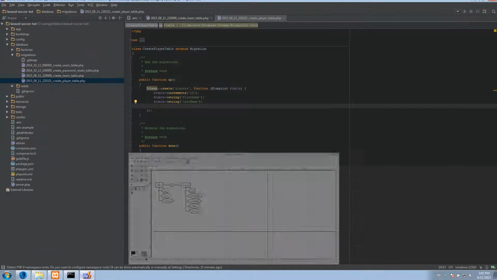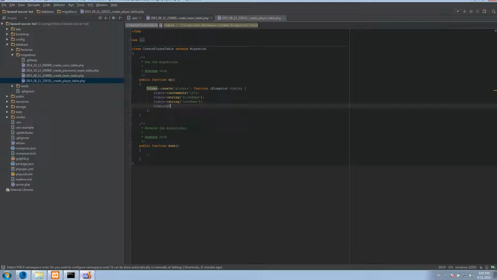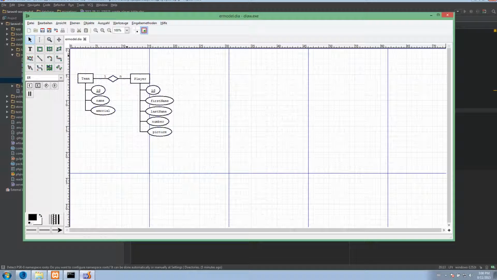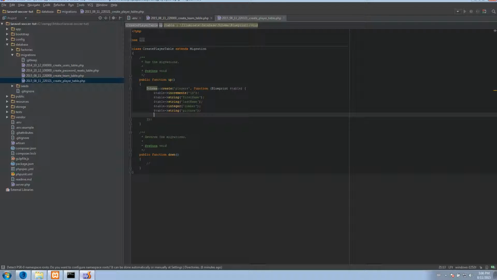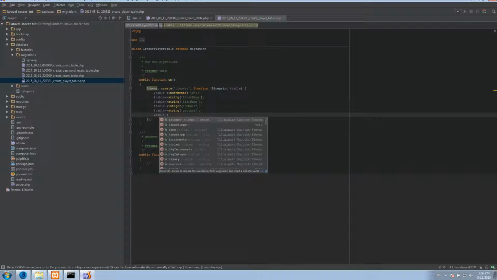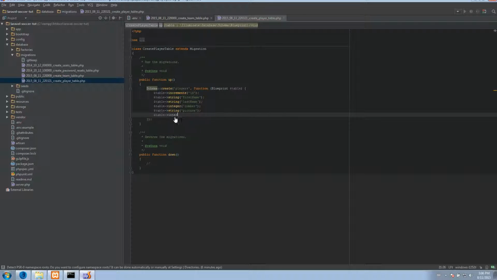And if I take a look at this diagram, we have a number, it's an integer, table integer number, and I want to have a picture, maybe, table string picture, and I need a table integer team id, so each player belongs to a team, and I want this to reference